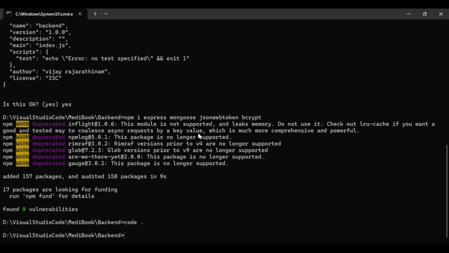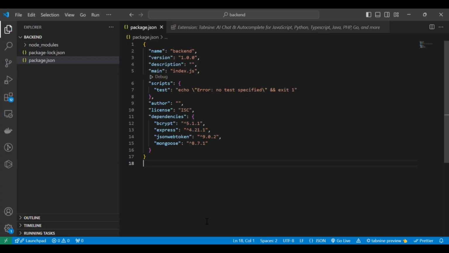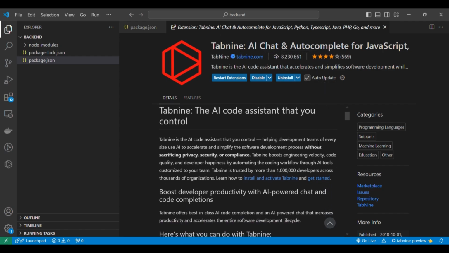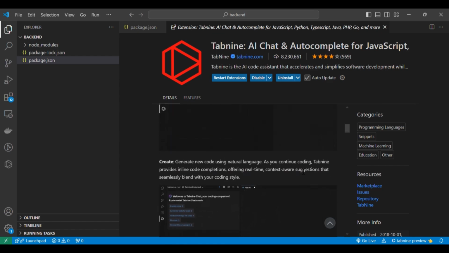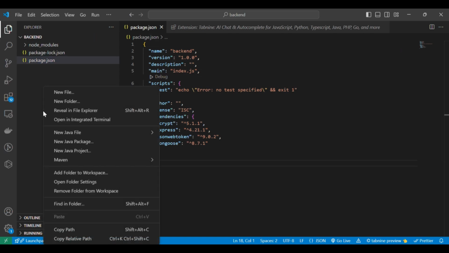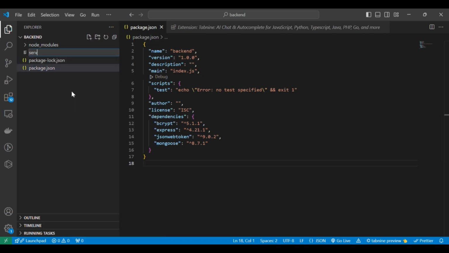Let's move to our Visual Studio Code. So this is the folder for our backend with the basic Node.js setup. And we are not going to try to code our backend because we are going to use this tool, Tabnine, which is very similar to GitHub Copilot. GitHub Copilot is a paid one, which is not open source, compared to that Tabnine is free of cost